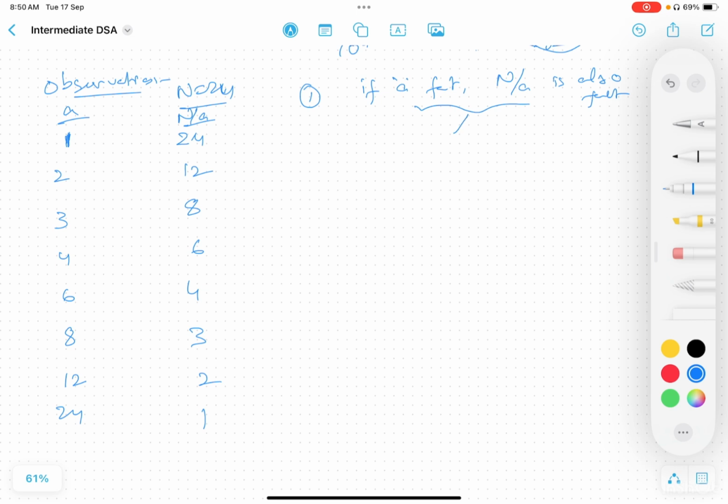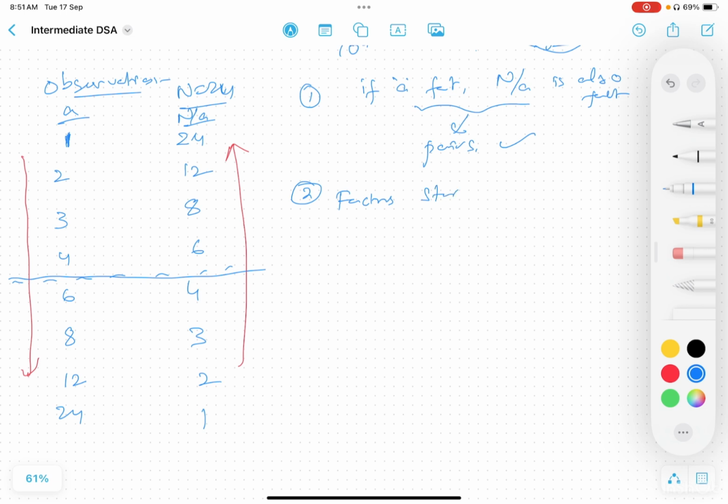Can I say they are pairs? Right. And what is the second observation? As A is increasing, n by A is decreasing. So as A is increasing, n by A is decreasing. So that means after a certain point,